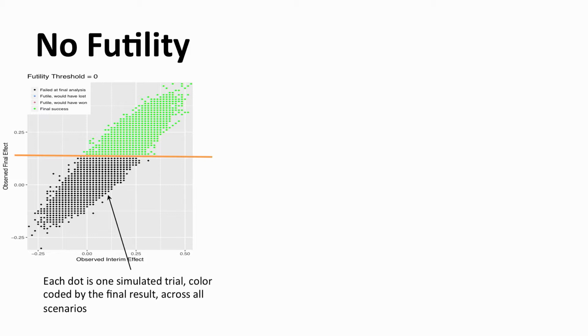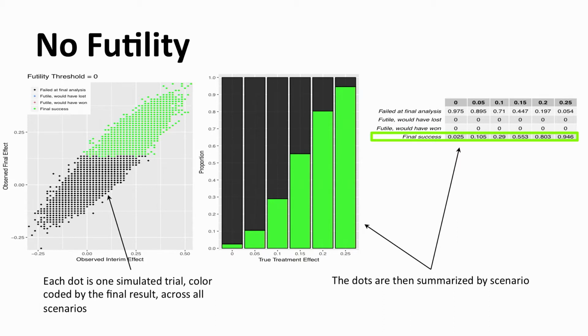And we see there's a pretty clear distinguishing line between the successful and unsuccessful dots, and that happens at about a 15% response rate. Now these trials that I simulated, I generated the data from various assumptions about what the true underlying effect is. So now what I've done is added a plot where I summarize those dots according to the underlying truth. The height of each one of those green bars represents the proportion of trials that are successful under that scenario. So for example, if the truth is a 20% absolute improvement, the height of that green bar is 80%, and that's the power of our trial.